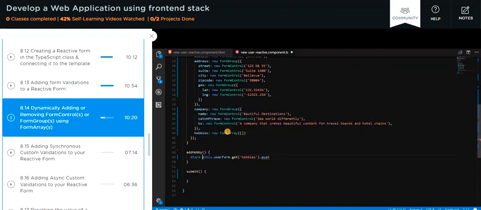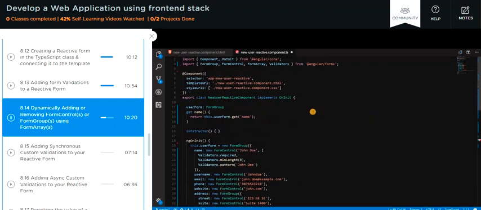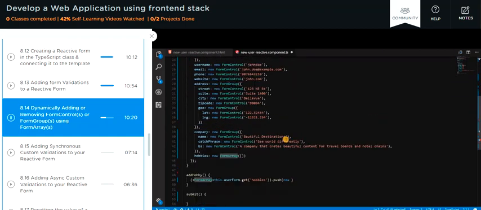That is something that I'm going to do using this syntax right here, like so. So I'll wrap this inside a parenthesis, and then now I can have a push method onto it. To this push method, I'll again pass in an abstract control, and as we already discussed, abstract control is the base class for anything like a form group or a form control or a form array as well. In this case, we are just going to use it for form control, but we can use it for form